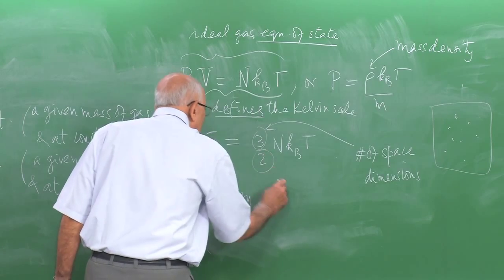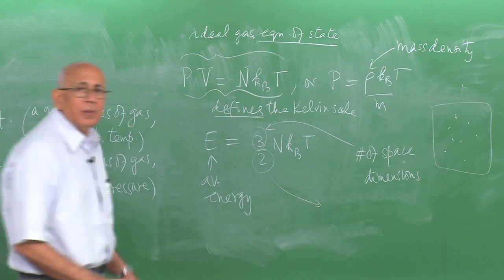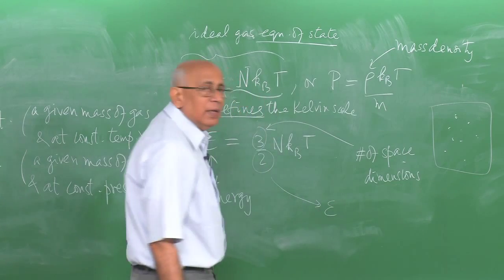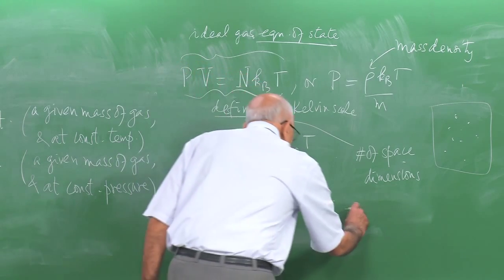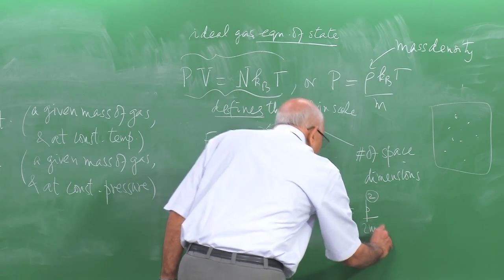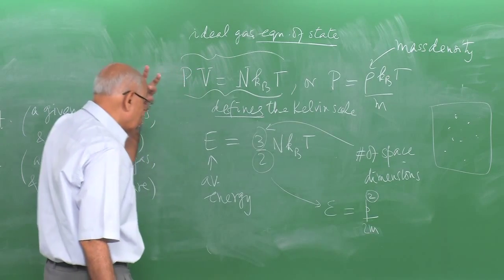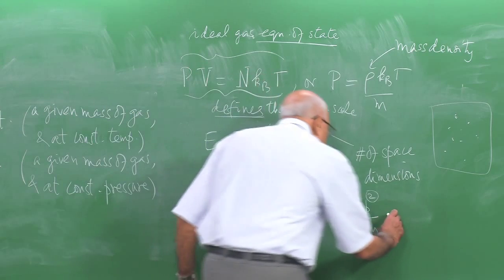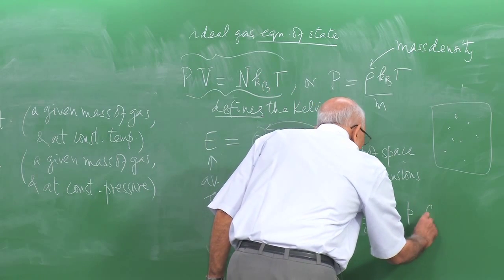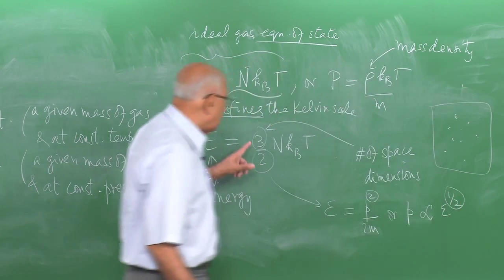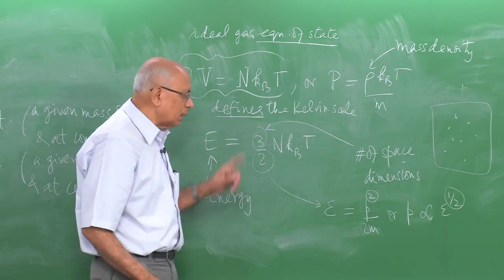and this too comes from the fact that the energy of each particle, the kinetic energy of each molecule, is a quadratic function of the momentum of the particle. So this 2 appears here in the denominator, but it comes directly from the fact that P is proportional to epsilon to the power of half. So it is the same half that appears here, it is essentially the same half.